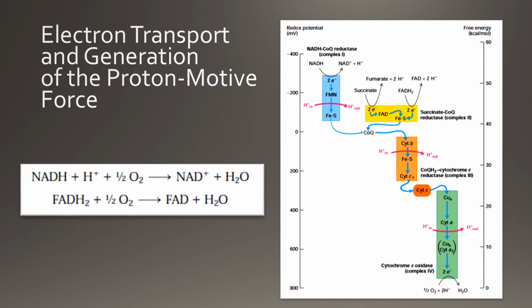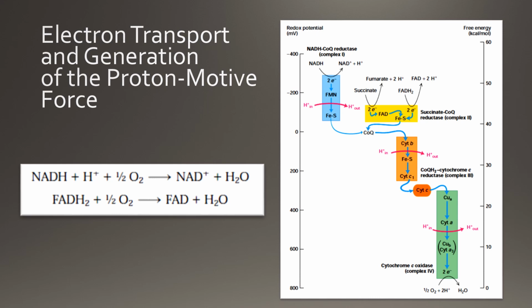Because the outer membrane is freely permeable to protons, whereas the inner membrane is not, this pumping causes the pH of the mitochondrial matrix to become higher. This means the hydrogen ion concentration is lower than that of the cytosol and intermembrane space. And an electrical potential across the inner membrane also results from the uphill pumping of protons outward from the matrix, which becomes negative with respect to the intermembrane